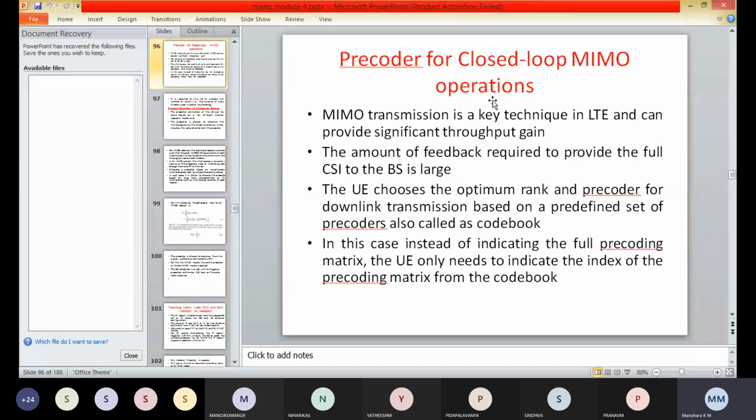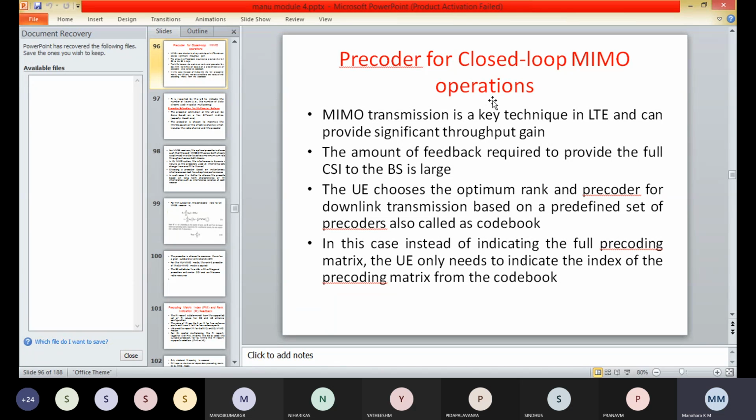So in order to mitigate the feedback issue, limited feedback mechanisms are used in LTE. The user equipment chooses the optimum rank and precoder for the downlink transmission based on a predefined set of precoders, also known as a codebook.